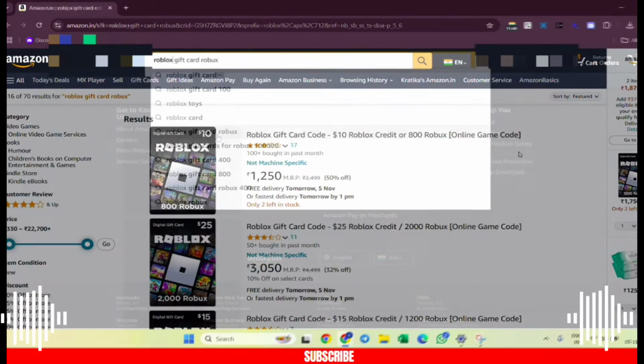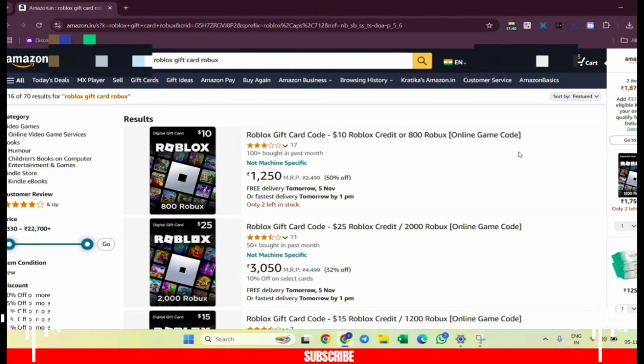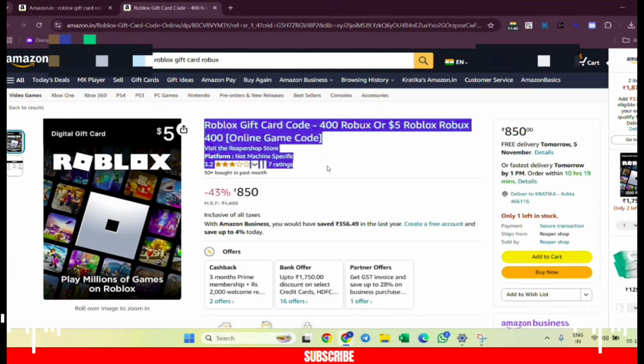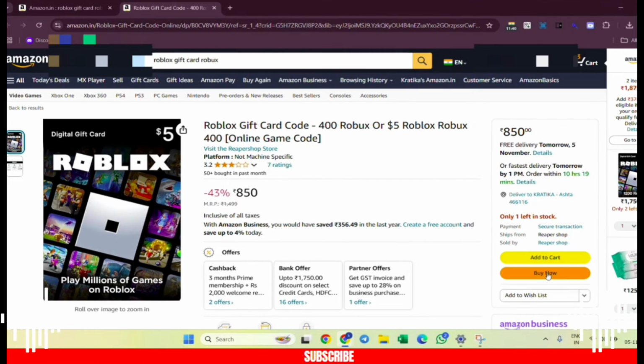After choosing one, click on the particular product over here. Click on the particular link. Once you click on that, it will take you to the product description page. Here you can see all the description about the particular gift code. In order to purchase it, you need to click on the buy now button that you will see at the right